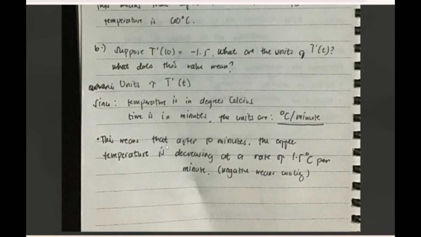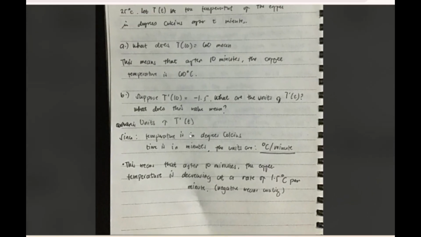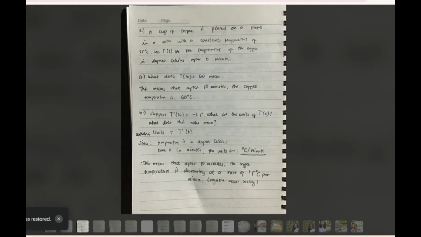And of course, this means that after 10 minutes, the coffee temperature is decreasing at a rate of 1.5 degrees Celsius per minute. So since it has a negative sign, the coffee is decreasing in its temperature and thus it is cooling. And that is the answer for letter B. Now to proceed,